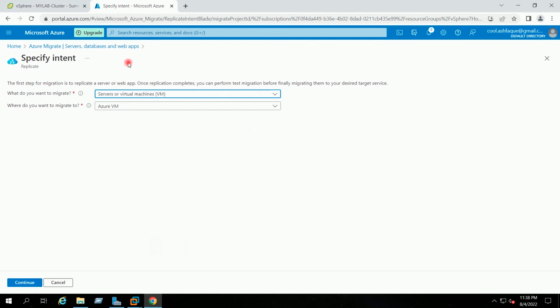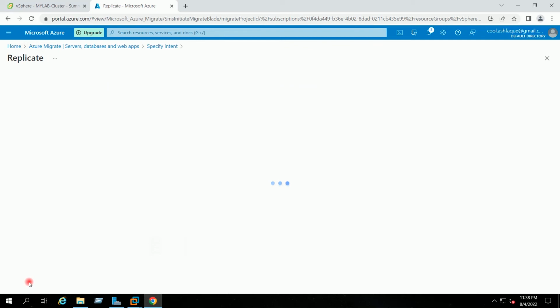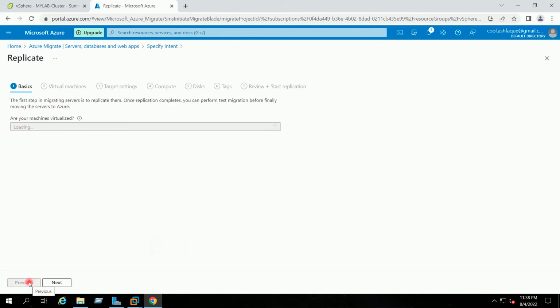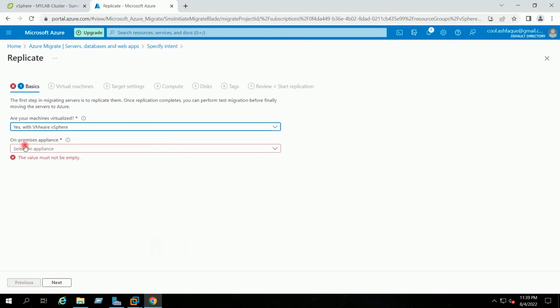What do you want to migrate? Servers or virtual machines. Where do you want to migrate to? Azure VM. Continue. Are your machines virtualized? Yes, with VMware vSphere. Here on the drop down I will select our appliance name which we had given.